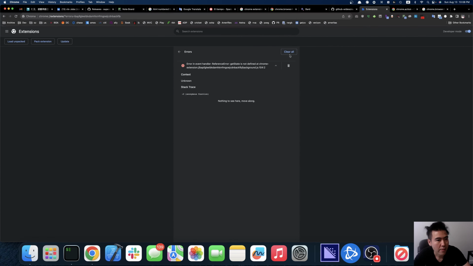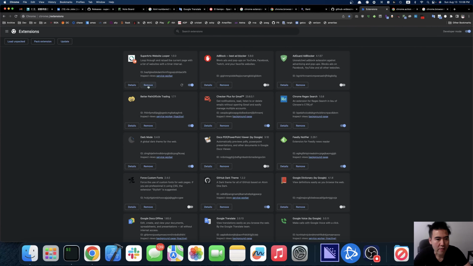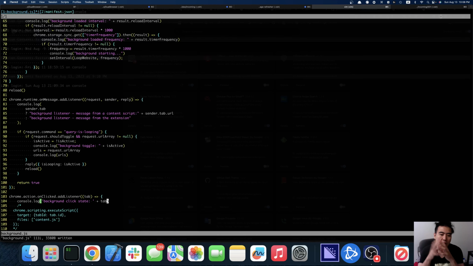So again, it's in the other file. Yes, definitely doesn't work. But this should work. So now, if we click on this, okay, now we have a background clear state. So this is what we want. This event can be triggered, and we don't really care about tab here,